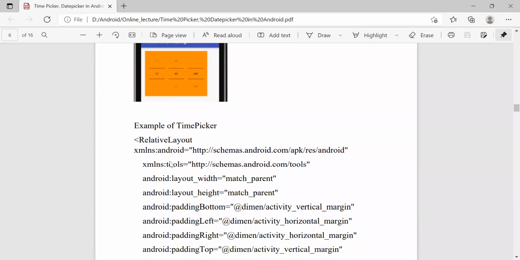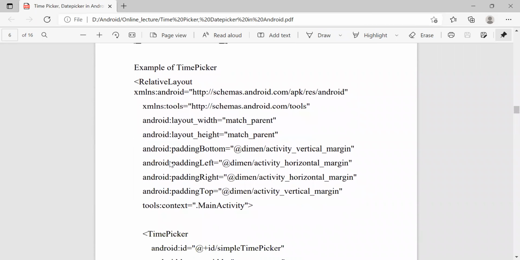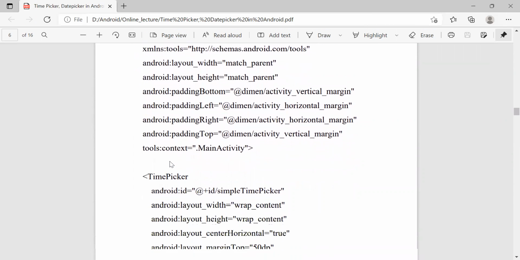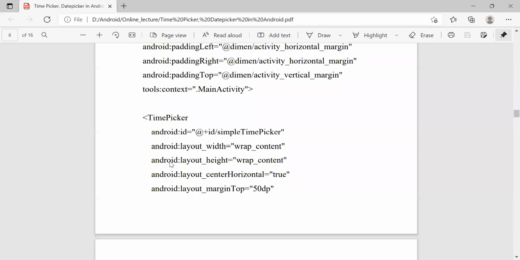Next, let's see an example of the time picker. For that, we use a relative layout. In that, we use the time picker control. We set its default attributes, that is ID, width and height. We want it at the center position, so centerHorizontal true.